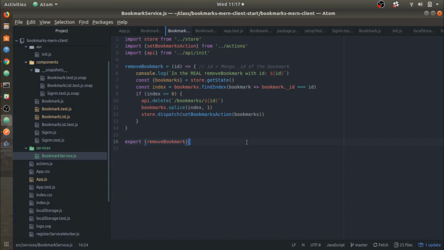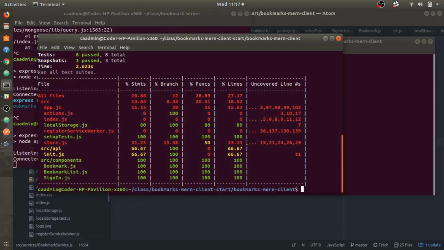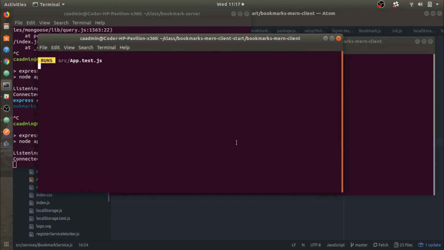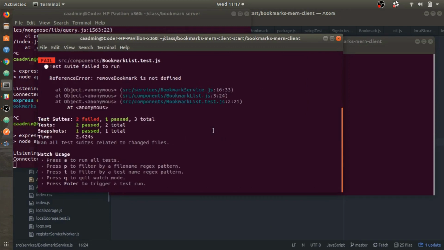So let's just first make sure that I didn't break anything. Let's look at test first. Now, just because test says everything is okay doesn't mean that everything's okay. So we'll check test first, because that'll kind of give me a sniff test, to see if I've broken anything. So here, remove bookmark is not defined, and that's in